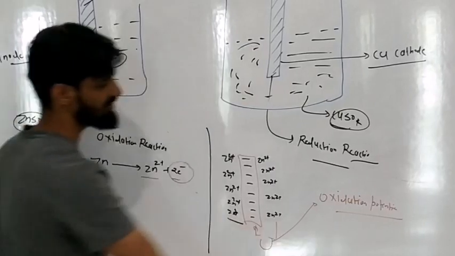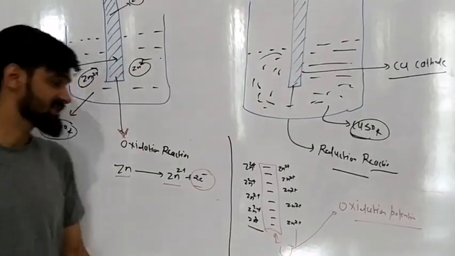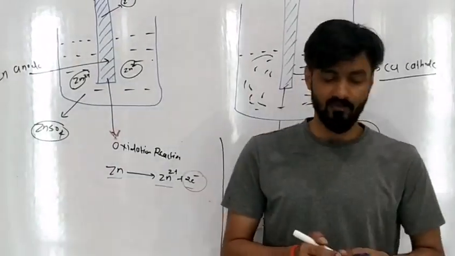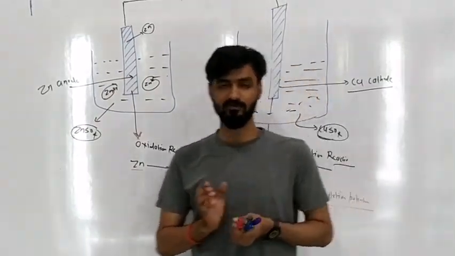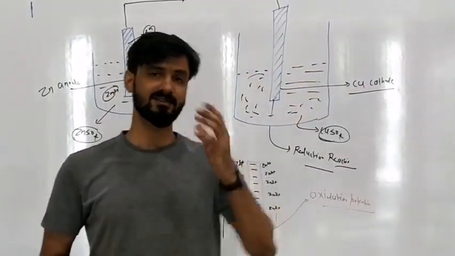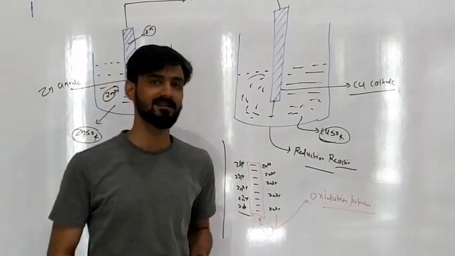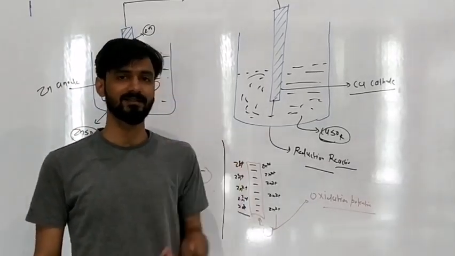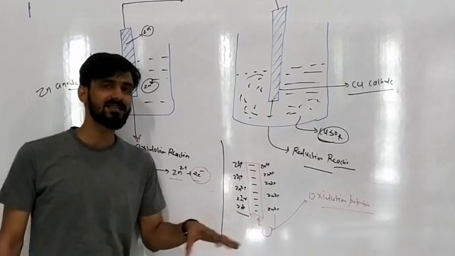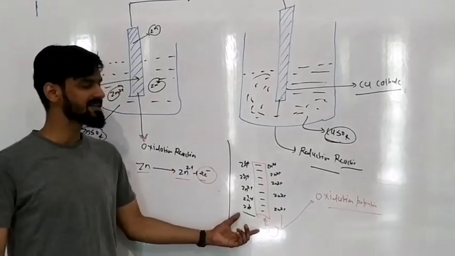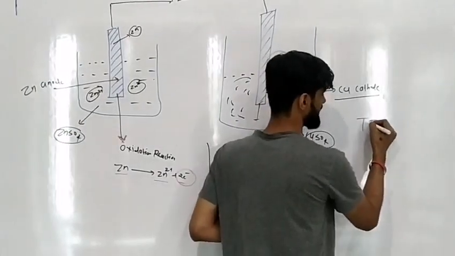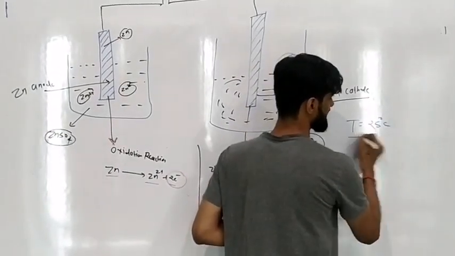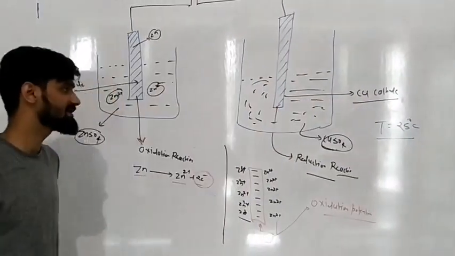This will be called the oxidation potential. Now understand one thing: here we are just assuming all these things at any condition. If you are going to define this at a standard state, just like the standard state for the electrolytic cell, generally, if you are using any electrolytic cell, we use it at room temperature, maintaining the temperature at 25 degrees centigrade, standard temperature and pressure.